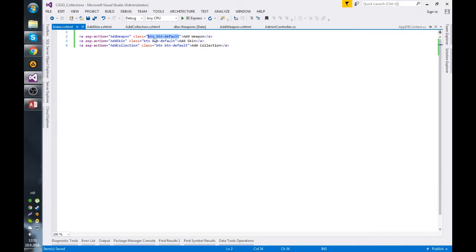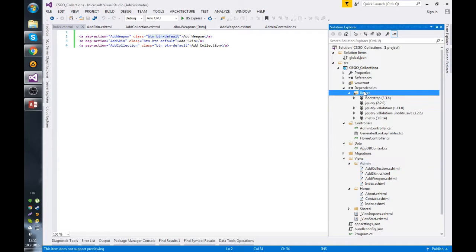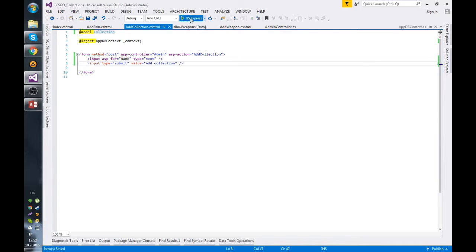These are classes from Bootstrap that is automatically added inside the Bower as a Bower package. I also added the Metro for styling, but I won't do that in the video. Okay, so if we run this now